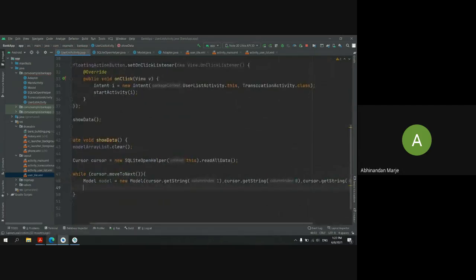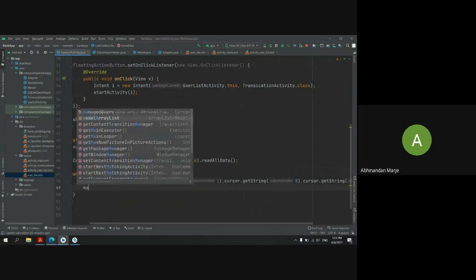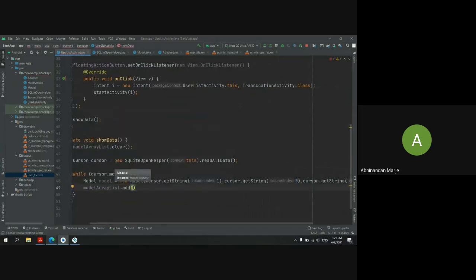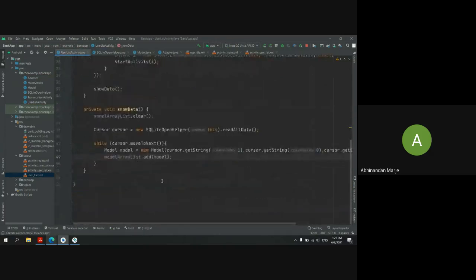Now I want to set this model class to my array list: array list dot add, and then I'll pass the model class. Now I'm storing all the data in my array list. Now I want to set that array list to my adapter. I will call an adapter here.